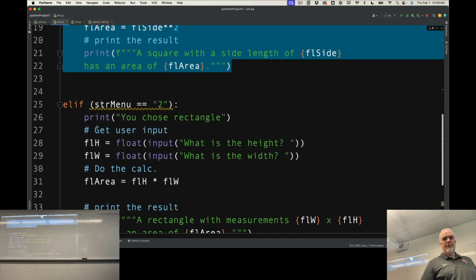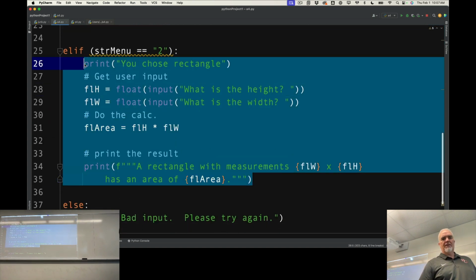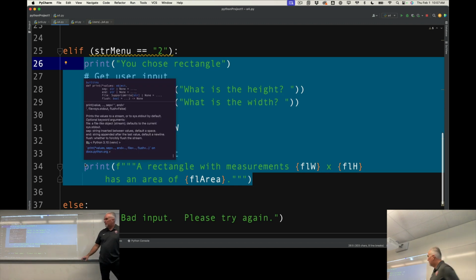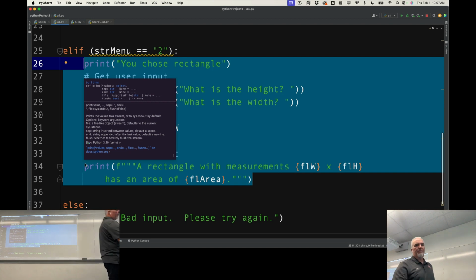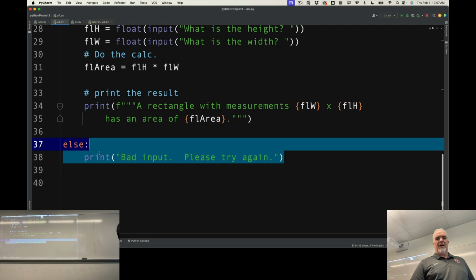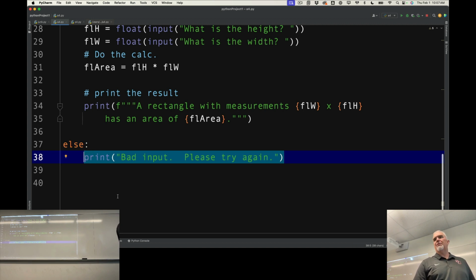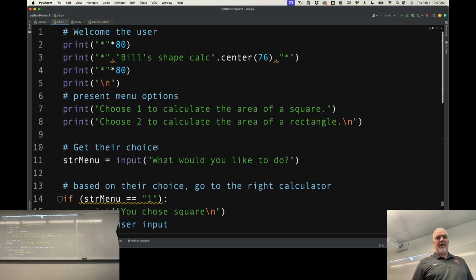If they choose number 2, then in this space, all indented, notice, this whole code block is part of this elif, and it gets executed if they choose number 2. If they choose anything else other than those 2 options, it gives them the error message. And that is what assignment 4 should look like when